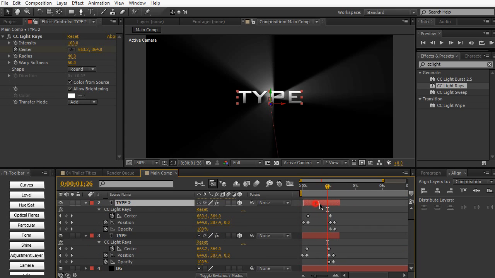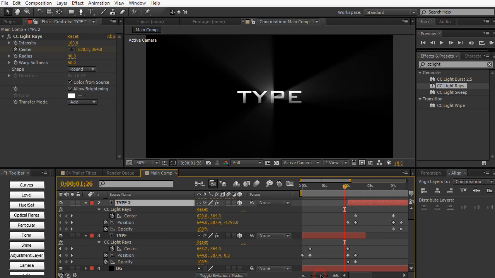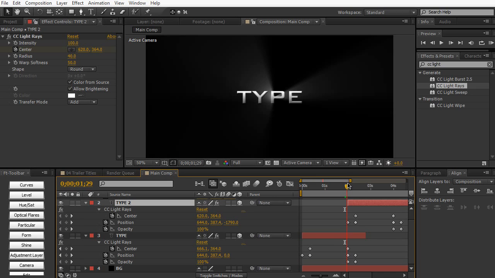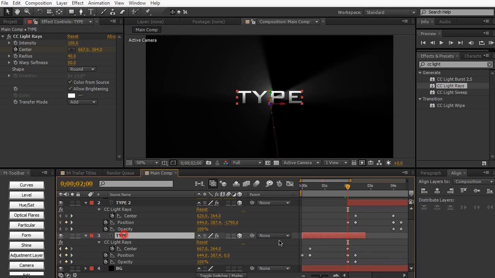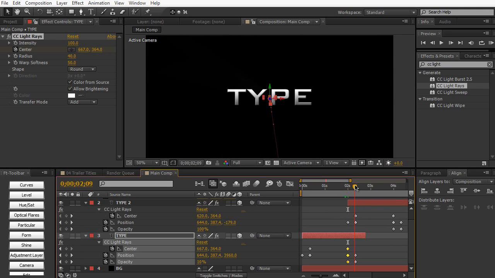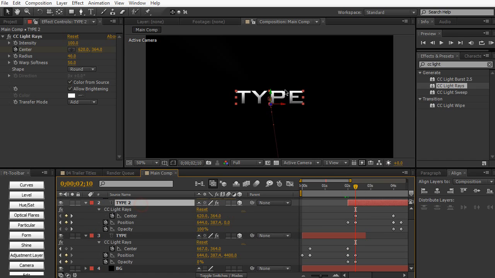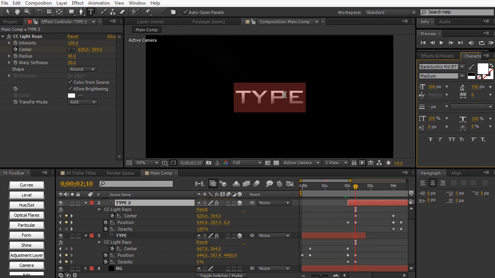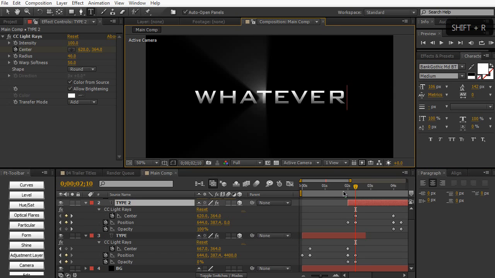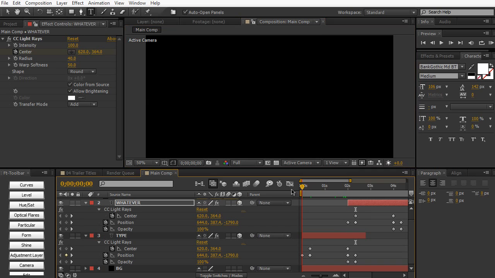What we want to do is align the second text to make it appear right when the previous text starts to disappear. So at this point right here, this is when our text is going to start to disappear. We want to start the second text about right here as well. And then once the text fully fades out, we want the second text to already be there. So let's change this type right here to something else. Let's just type whatever. And then if we do a quick RAM preview,